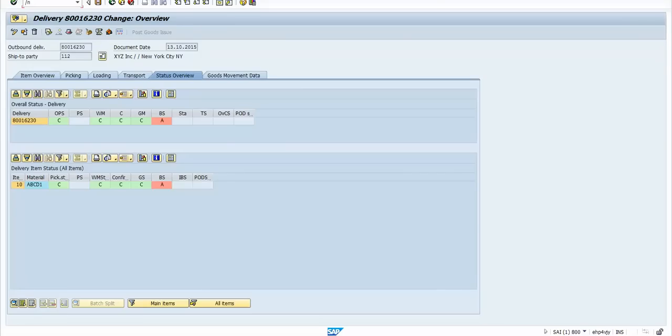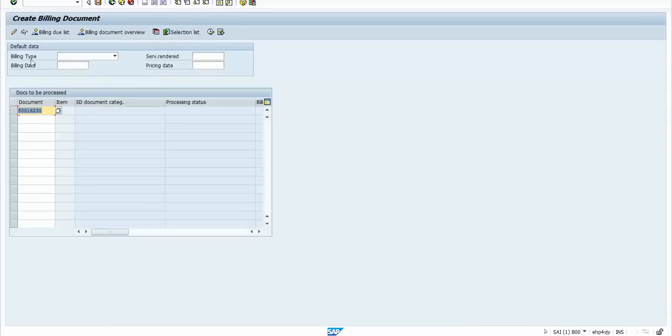/n is like a prefix which is required when you are in some other screen. The transaction code is VF01. This is the transaction code for creating a billing document. At the top, you can see Create Billing Document. In this case, we are going to create a billing document called an invoice,